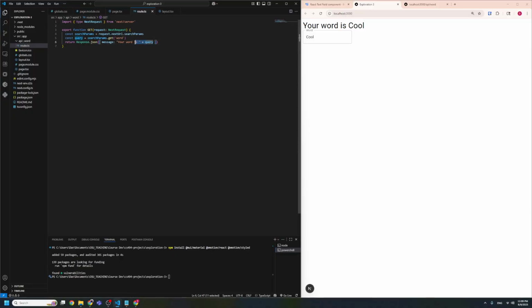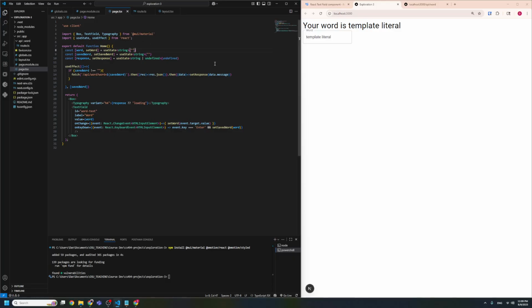I don't like how this is. So we're gonna do the same thing over here. I'm gonna wrap that like this, and we're gonna do this, and then we're gonna put backticks instead, and it's gonna be the same thing. Template literal, your word is template literal. So basically, we're able to